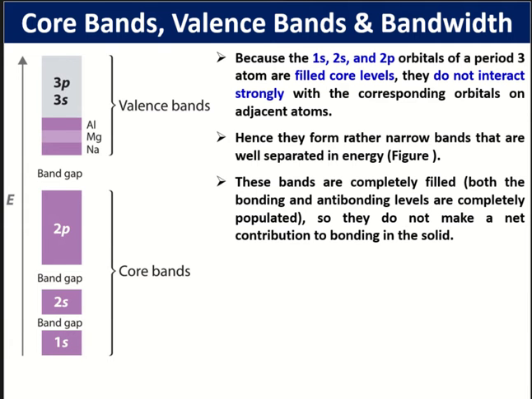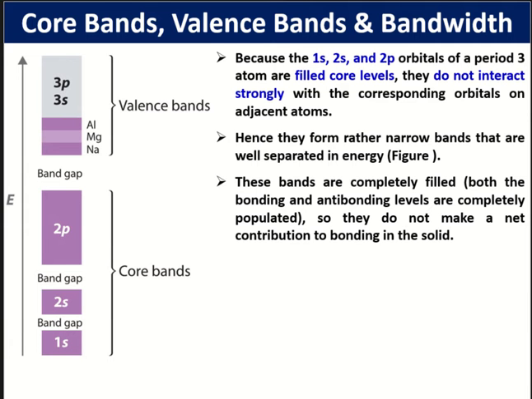So the width of each band is large, and they overlap. So the 3s and 3p bands overlap, and you can view them as a combined band. Okay, so we have already seen in the case of magnesium. So completely filled bands, both bonding and anti-bonding levels are completely populated. So this shading means completely populated, and partial shading like this means that it is filled up to this only,